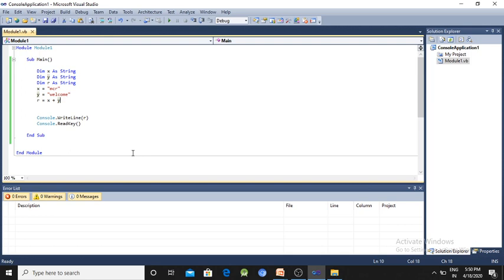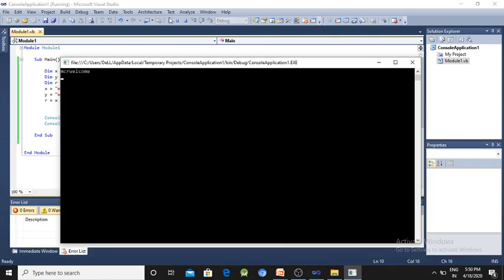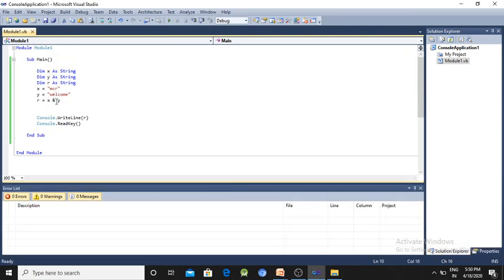The ampersand is also used to concatenate, as well as different types of values. Suppose we use different types of values, here use the ampersand and find the output, mcr welcome. That means the ampersand is used for concatenation.